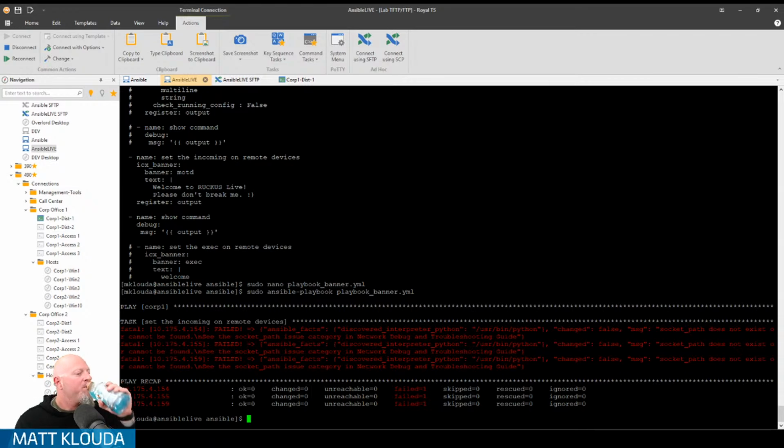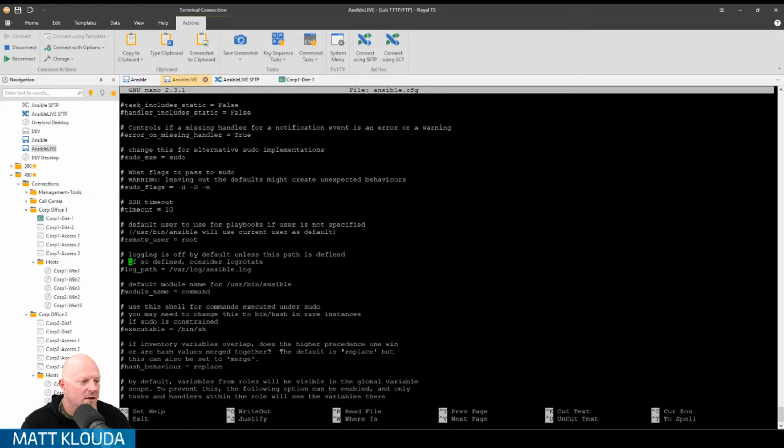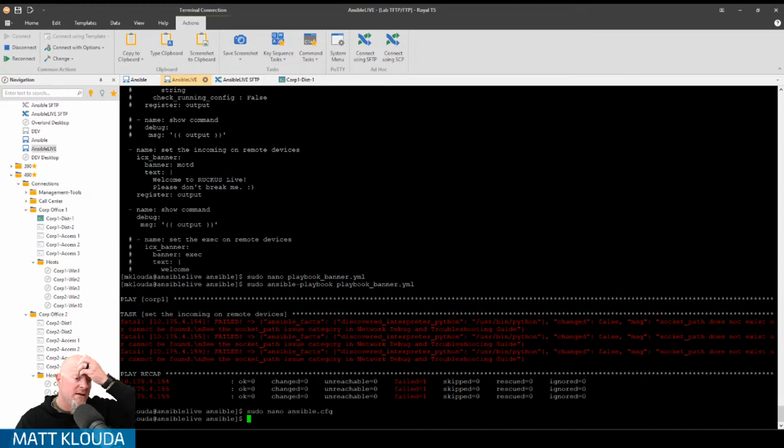Okay, we have a failure. Now, where's the logging for this? It's not there. So what I'm going to do is sudo nano ansible.cfg, and I'm going to show you right here, logging is off. Now this will log to a file. So I did that on purpose. Now I have to figure out why this thing actually failed, and my guess is going to be...